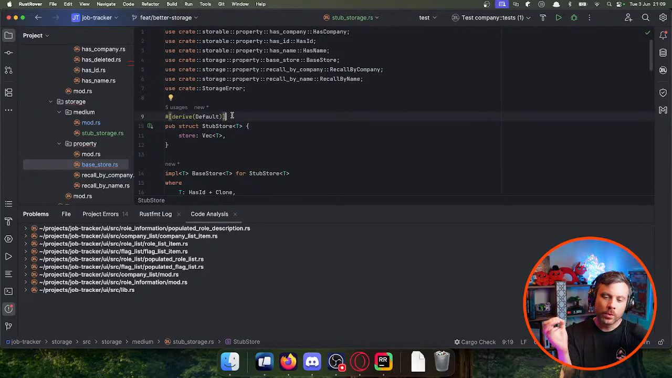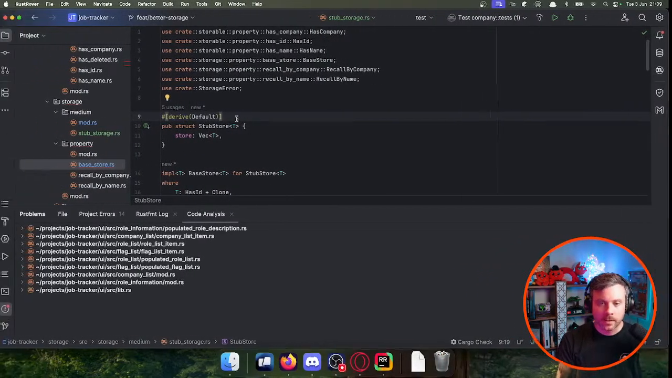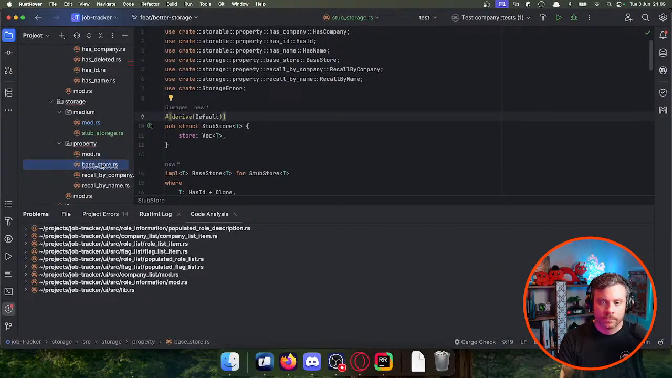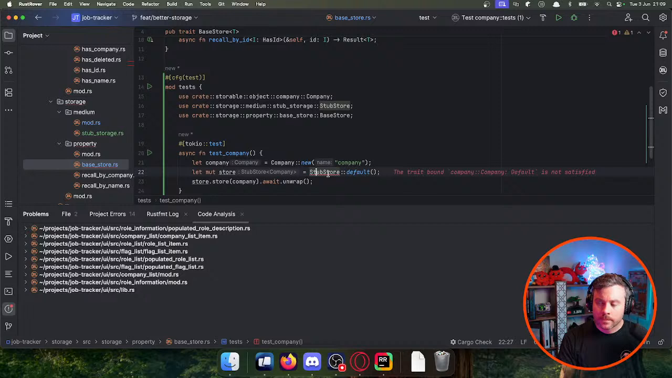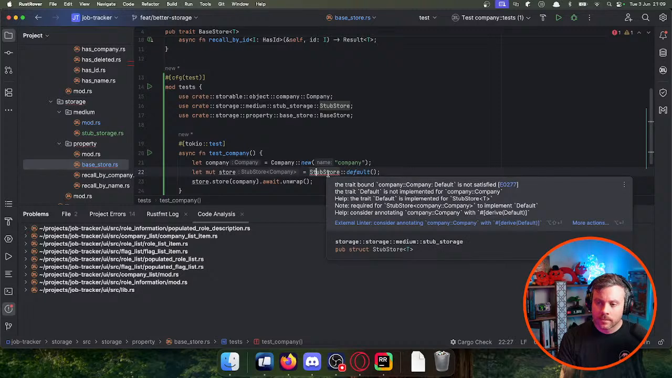I've always kind of wondered about this because of the Vec. So the Vec default should be empty, so it really doesn't matter what the default for company is. We can't have a default company. That's not a thing that can happen. So we can't use the default. Default is implemented for stub store T. Is not required for